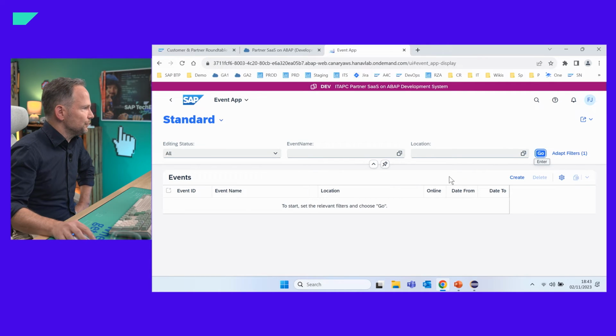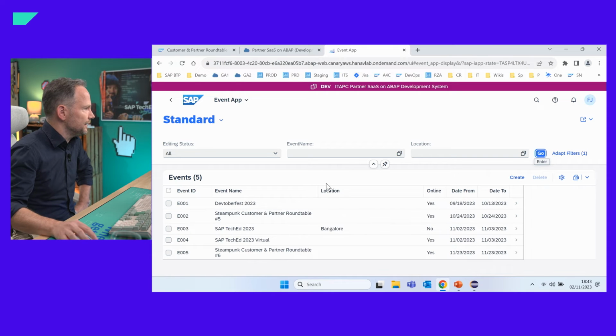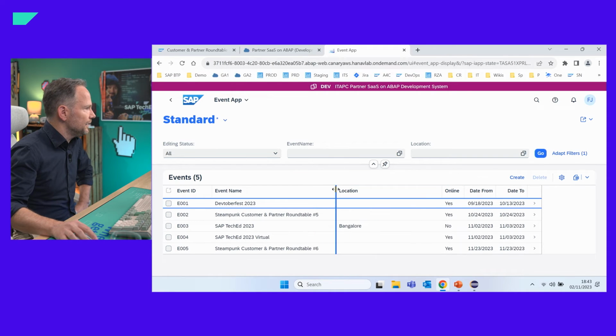It's just a Fiori Elements UI, and I press the Go button and I see my test data out of this database table. So this is my sample app. Again, very simple. For a partner, it would be really hard to earn money with this app, but again, it's just an example.